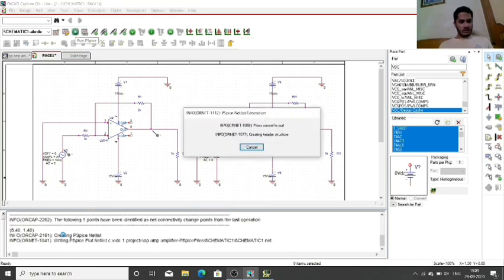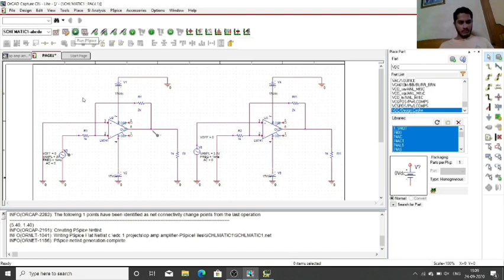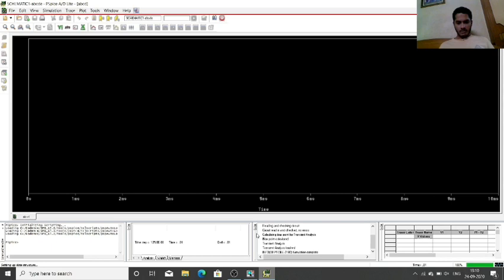It will first create a PSpice netlist. We can see that the PSpice netlist generation has completed. And once this window blinks, we get to know that the output is ready. The simulation is complete, and we can see the output here.